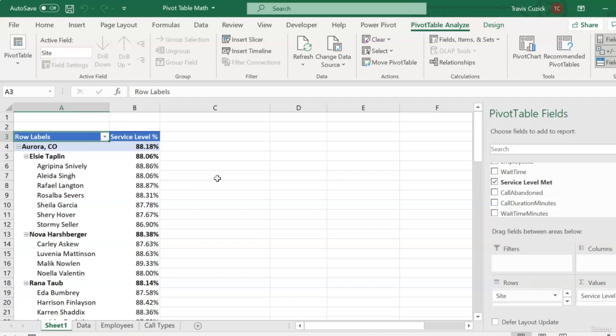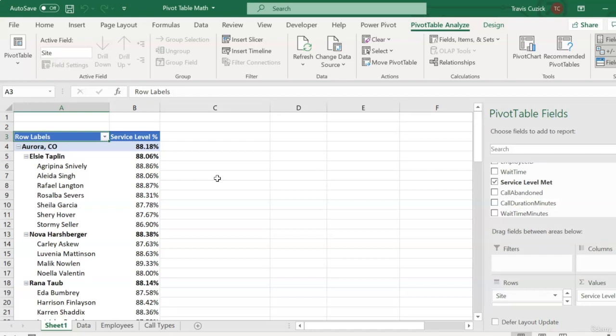If you want to add derived calculations directly into your pivot tables, there's a much better way to do it than calculated fields, but that involves a relatively new feature in Excel called Power Pivot and a whole new formula language called DAX. Now that's a whole other topic in and of itself that's a lot more than we can go into here. It's honestly a topic worthy of its own course. So for now, I'd recommend the approach of adding calculated fields to your detailed data and then summarizing them creatively